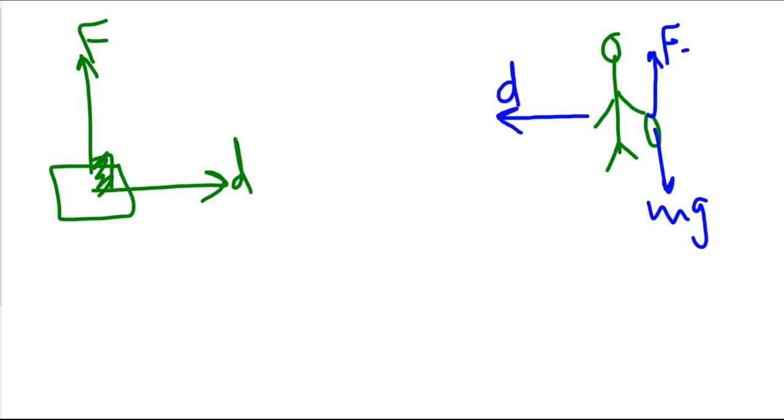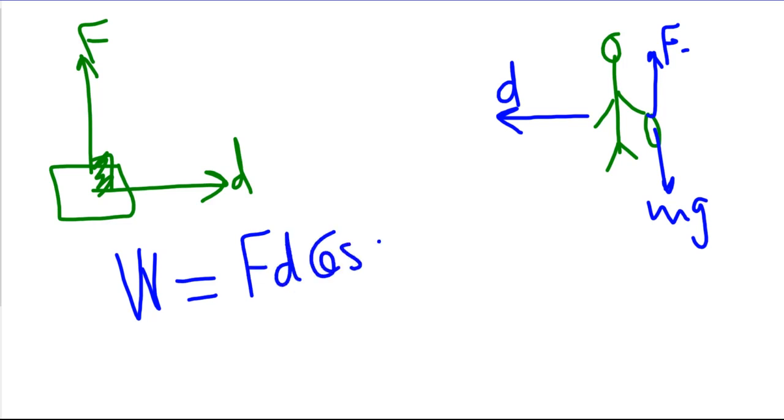Here is the displacement. So if you calculate the work for this process, work is going to be Fd cosine theta,